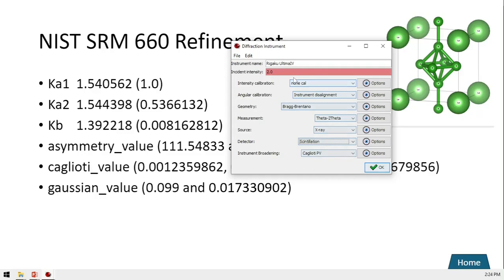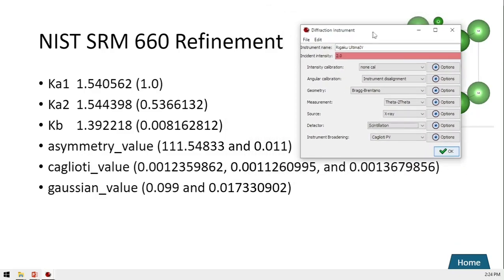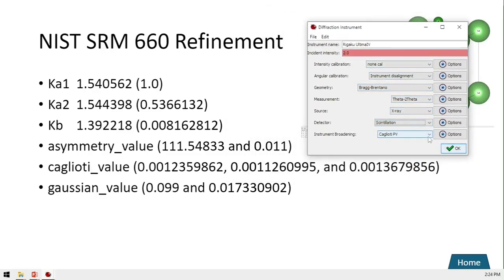And then the next important part, which also distinguishes every diffractometer, is this instrumental broadening, in this case the Gagliotti formula.